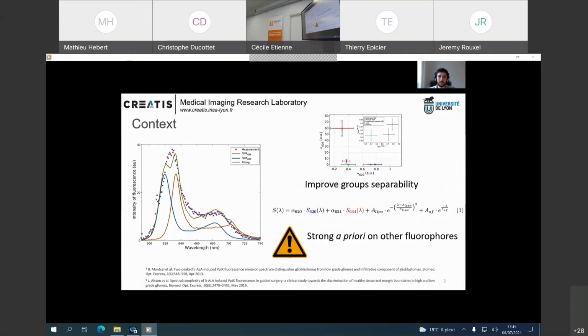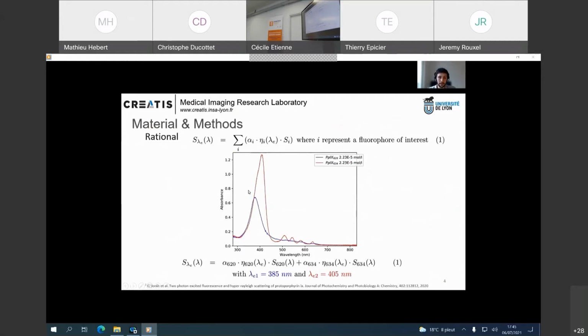But each added fluorophore makes the model a little bit more complex and adds another parameter to be estimated from a single measurement. Therefore, the fitting of the fluorescence spectrum is multiparametric, and there is a strong a priori on other fluorophores. We now propose a method which is new for PpIX, using multiple wavelength excitation of the fluorescence, based on